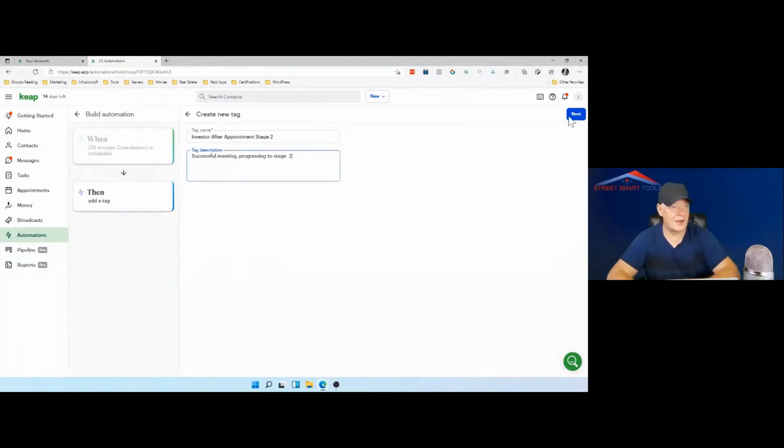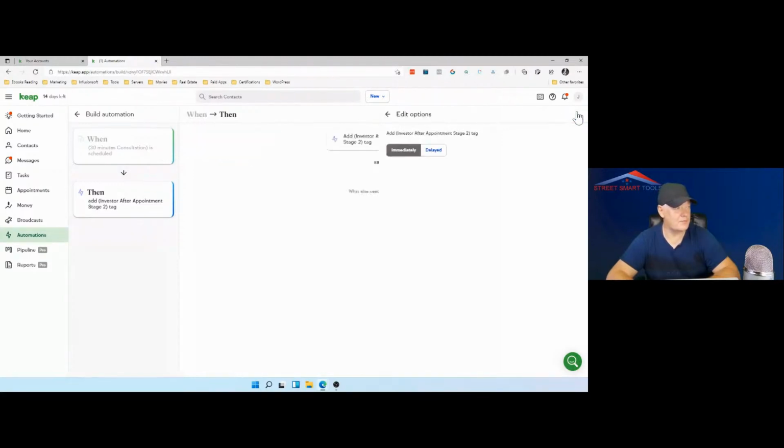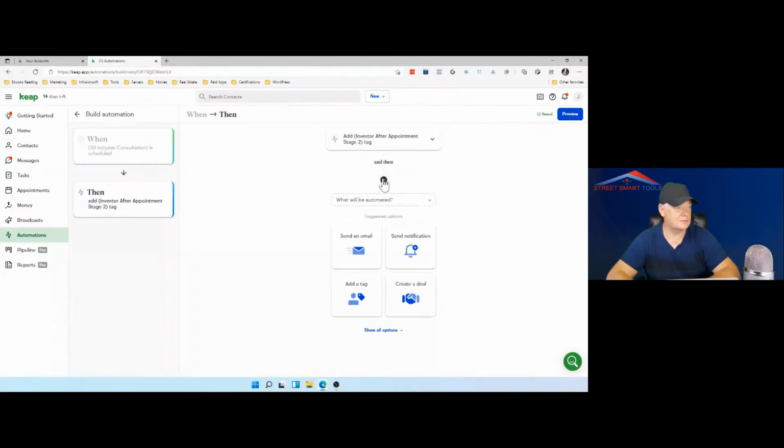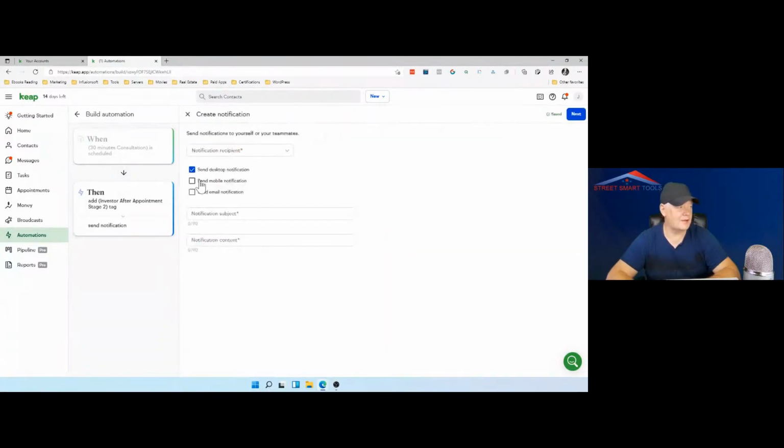So, and that will be immediately. Okay, let's do this one. Then we can add it. What will be automated? Send notifications. Would be nice to send the notifications. Send mobile notifications and email notifications if it's important.